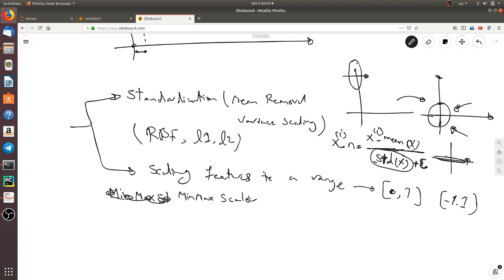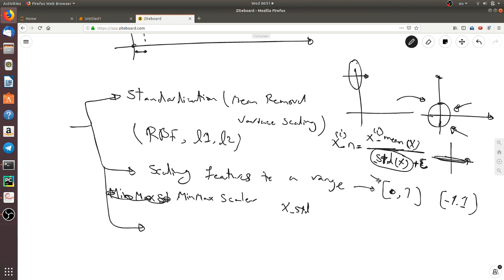So min-max scaler has the advantage that it is more robust to data that has very low variance in some direction or in some dimensions. So if you want to standardize your data or use min-max scaler